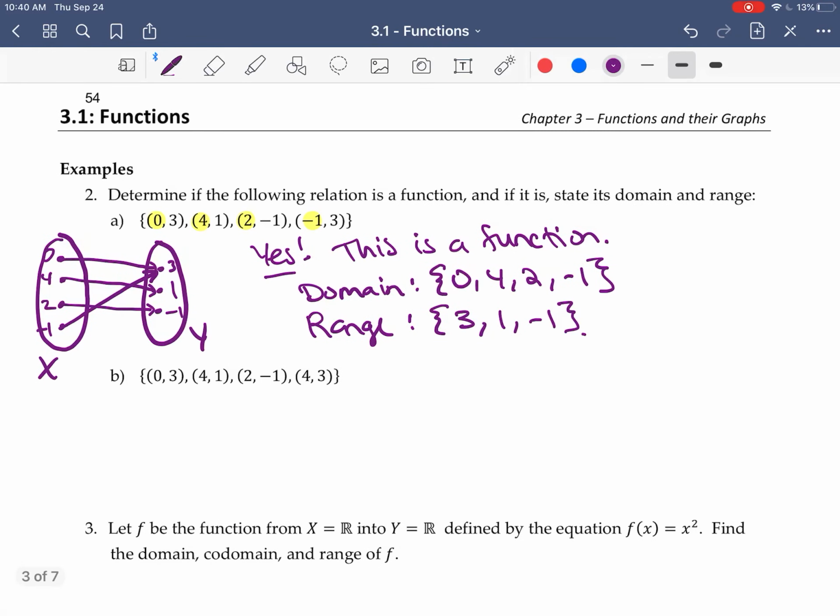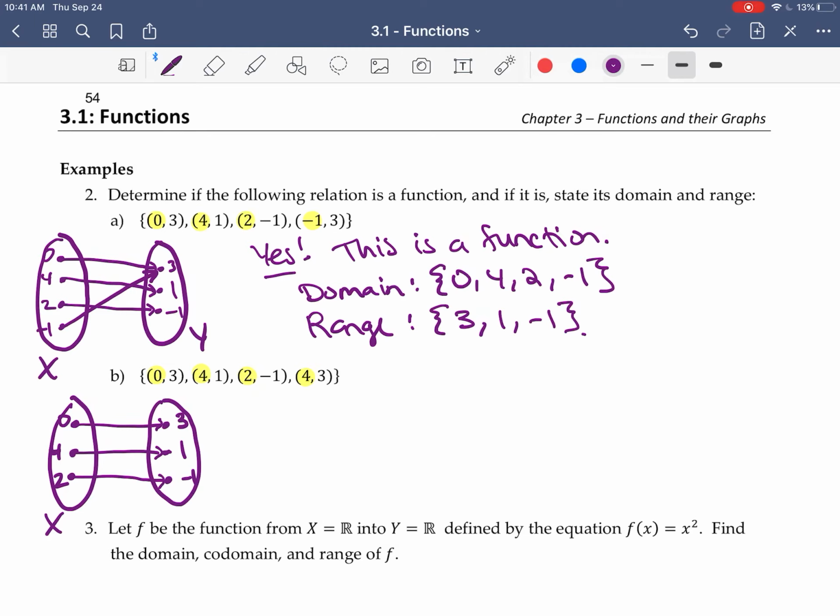Okay, let's try another one. So here, again, I think we have the same x. Oh, there's no negative 1 anymore in x. But everything else is the same. So my x, I have a 0, a 4, and a 2. And over here, I have the 3, the 1, the negative 1. So 0 goes to 3, 4 goes to 1, 2 goes to negative 1, and then